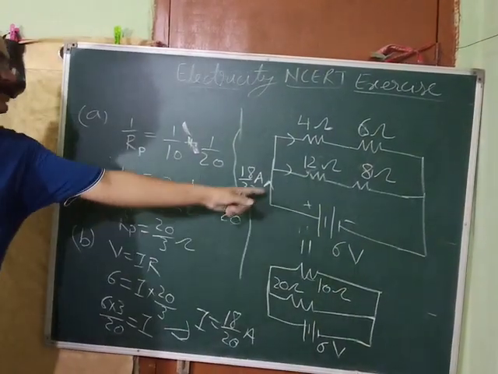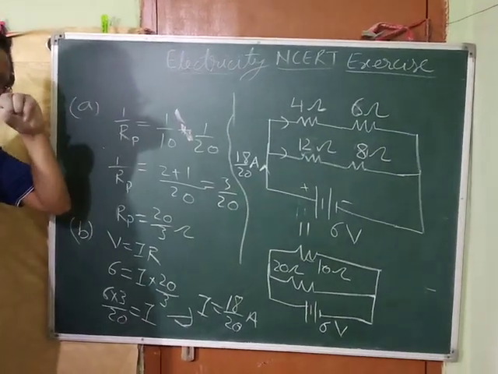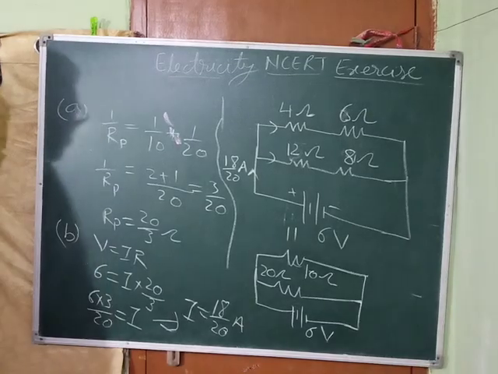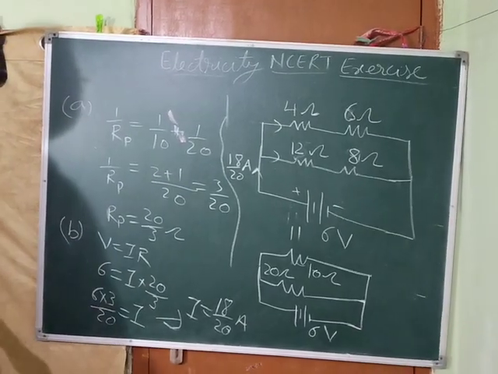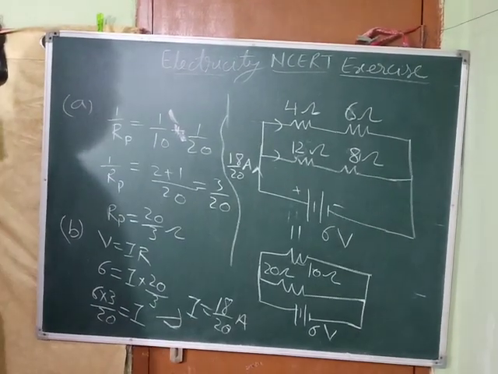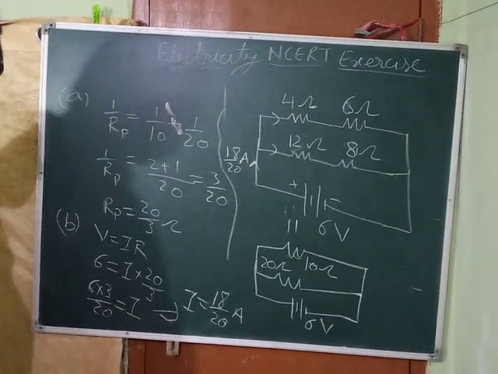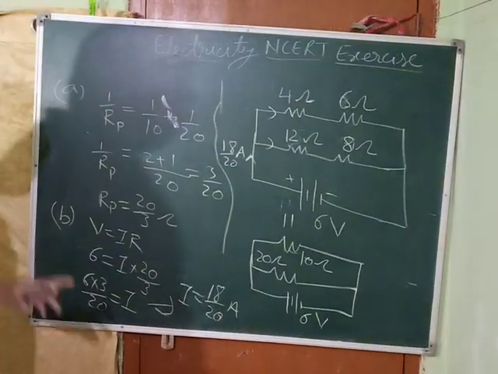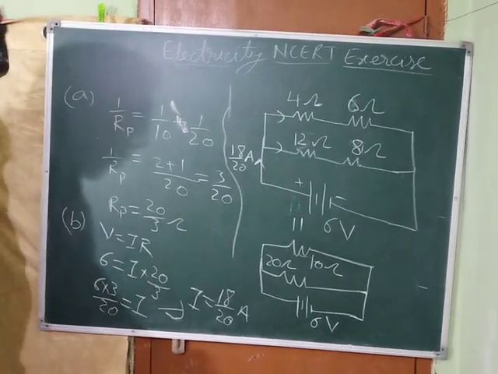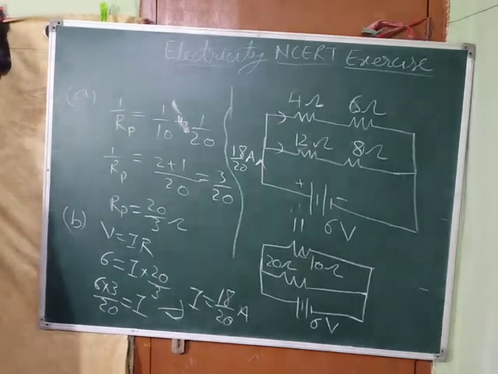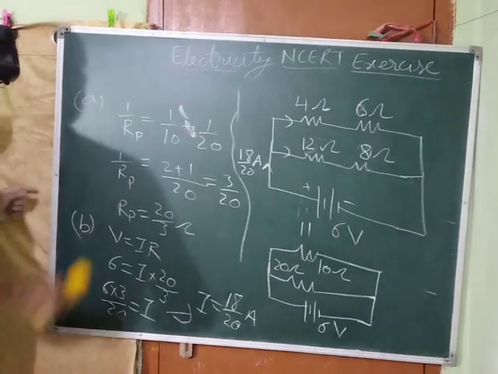This current will reach, okay, till the junction. Now from here, how will the current get divided? That is the question. Okay. Now see, for that this circuit will help us. See, how to find the current, that I am going to tell you. Just pay attention. I should rub this off. Okay.